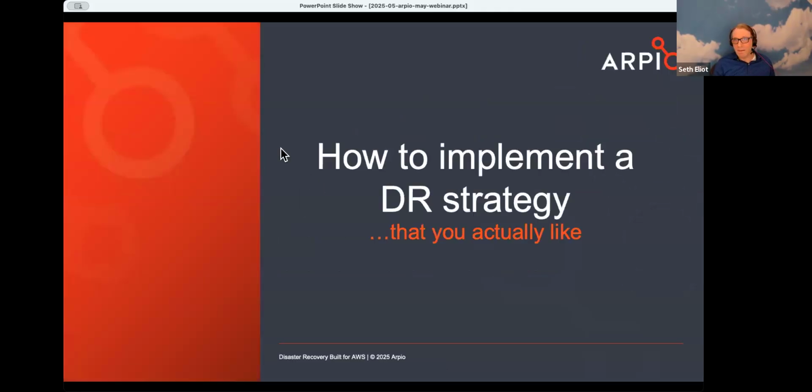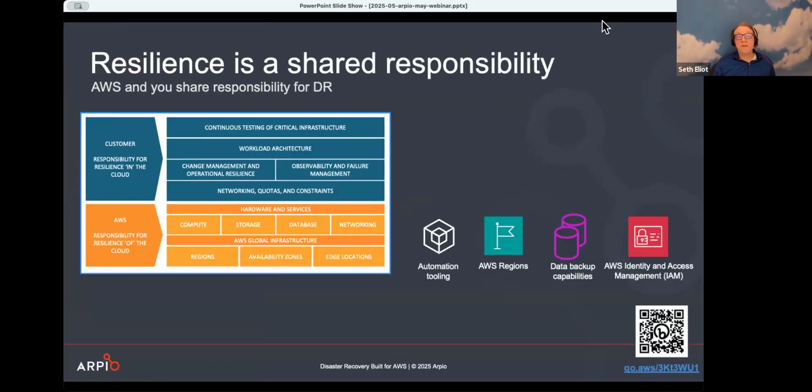All right. Just by coincidence, let's talk about how to implement a DR strategy, a disaster recovery strategy. Let's talk about maybe implementing one that you actually like and one you could test and be sure of. And to do this, you first have to understand that resilience in AWS is a shared responsibility, the shared responsibility model for resilience. And I helped create this model,